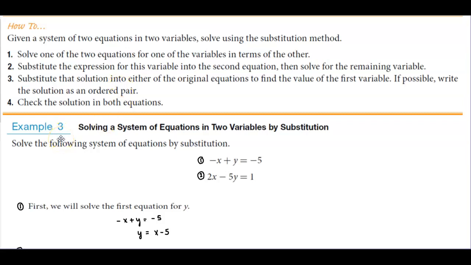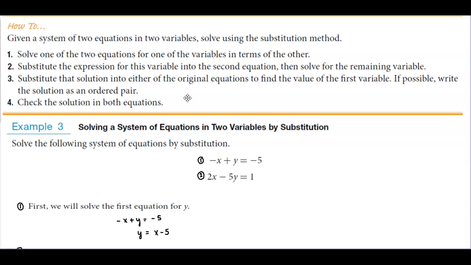For example number 3, we're going to solve the system of equations by substitution. Now, given a system of two equations and two variables, we're going to solve using the substitution method. Number 1, we're going to solve one of the two equations for one of the variables in terms of the other. Number 2, we're going to substitute the expression for this variable into the second equation, then solve for the